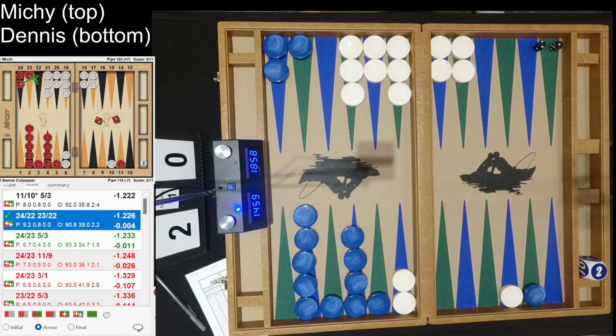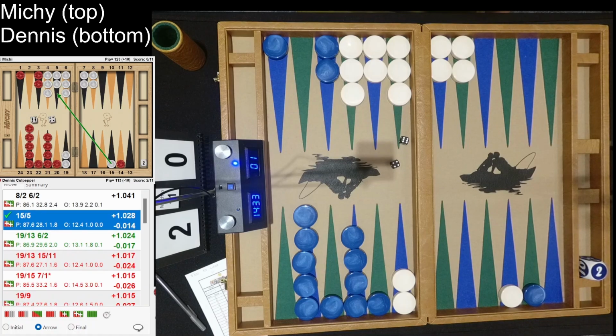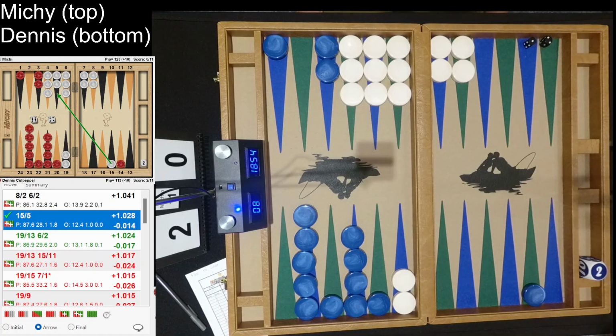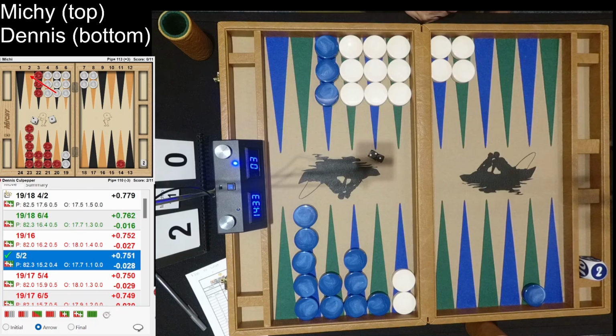This 2-1 is tough. Yeah, one good option is making the butterfly anchor. Another is hitting and making the 3-point. And according to XG, either play is fine. White got the double shot, but again, white misses. Wow, so many misses. Yeah, stepping up to the 22-point is pretty important for blue. And again, white misses. White is eager to hit the blot on the 14-point, but